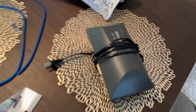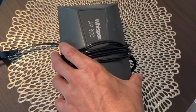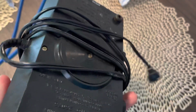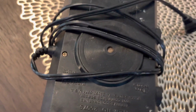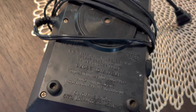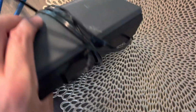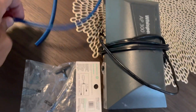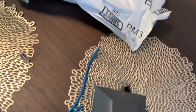Now the pump that we're going to use is the actual original pump that came with this tank. Overall, we plugged it in and it does turn on. It does seem to have some good airflow, but we got a nasty old buildup here in the filter. So we need to take that apart. We may either make our own filter or order a new one. Chances are we're just going to make our own because we've done things like that before, so we're going to do that. We're going to basically wire these two ports together, and out of each one of these ports we'll supply 2 stacks. So we're going to take that apart, see if it works,